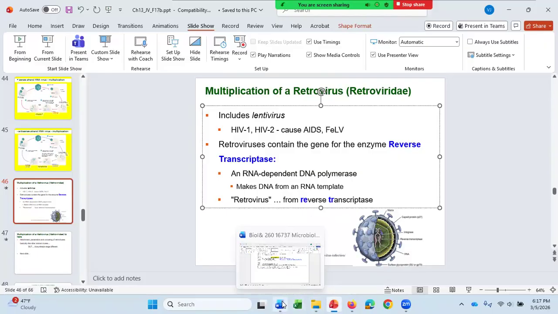And I guess I shouldn't have shut that paint down, but you can see why this family replicates in the nucleus, and that's because it has a DNA intermediate in the replication life cycle. And that's why this has to replicate in the nucleus, even though this virus is an RNA family of virus. Any question about any of that?